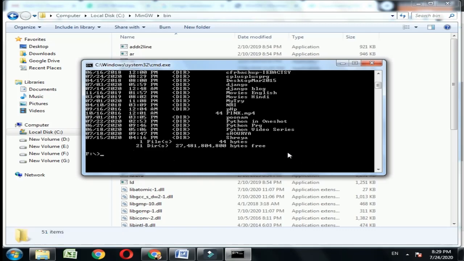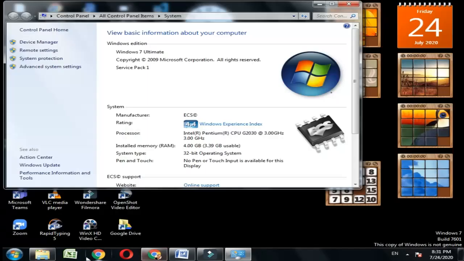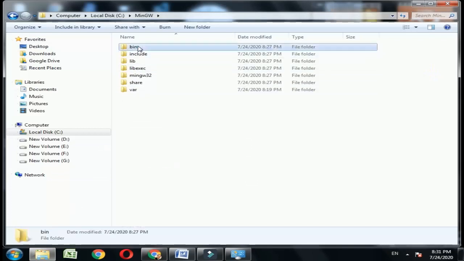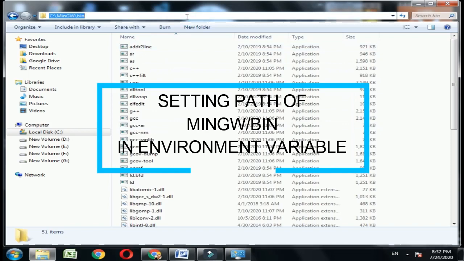Now to check whether our GCC is working perfectly fine or not, type gcc. What is it giving? 'gcc' is not recognized. So why is it giving so? Because we haven't set this in the environment variable of our computer system. So to set this in the environment variable, go to the bin folder, copy this path, C:\MinGW\bin.